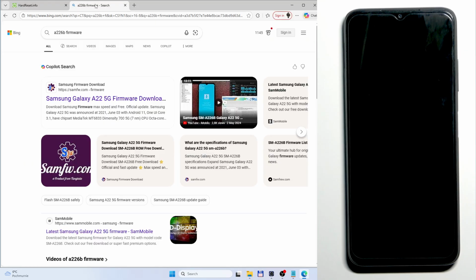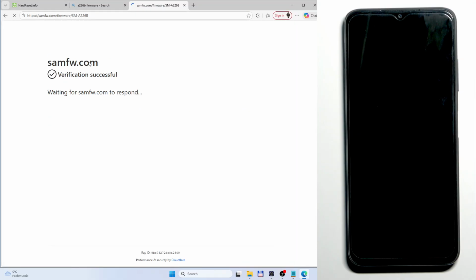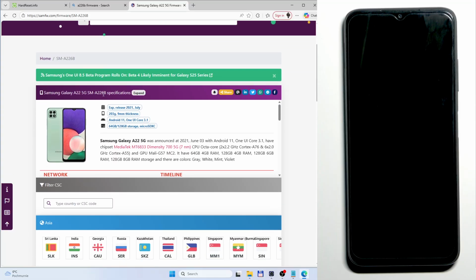Also in the second tab we need to type the version of our phone, so it's A226B firmware, type something like that. In my case I'm using that page because it simply works good in my country. So click it. Now scroll down,